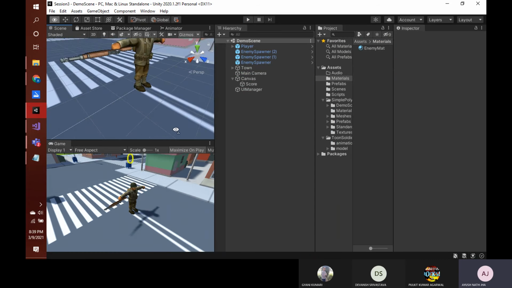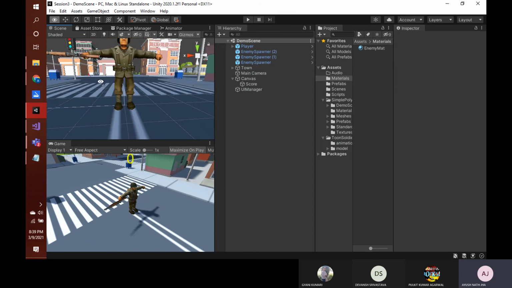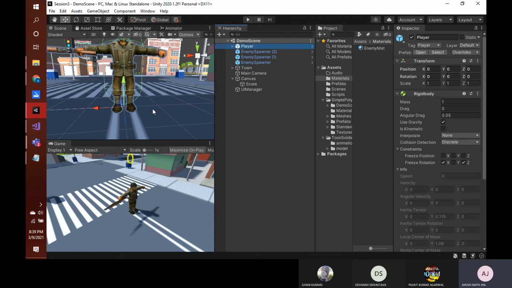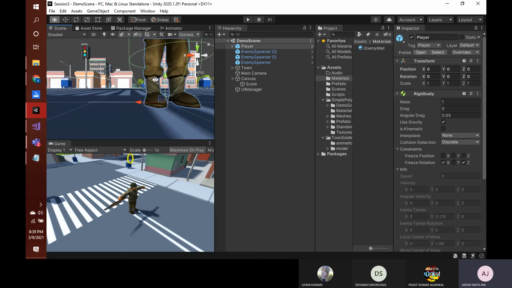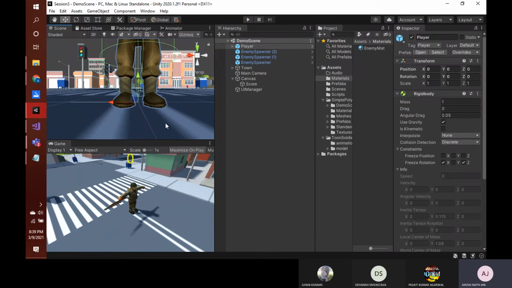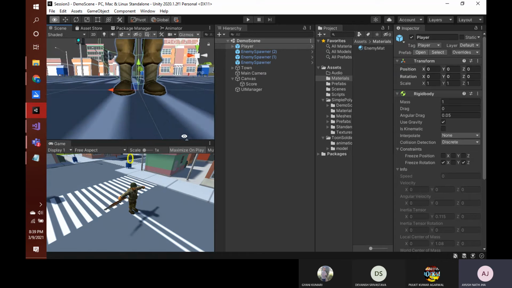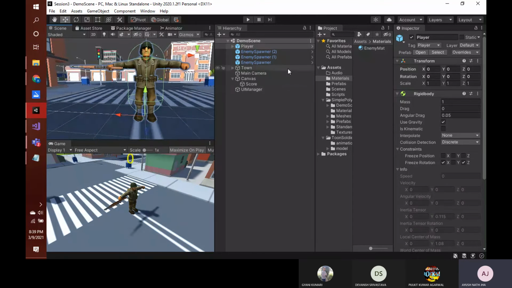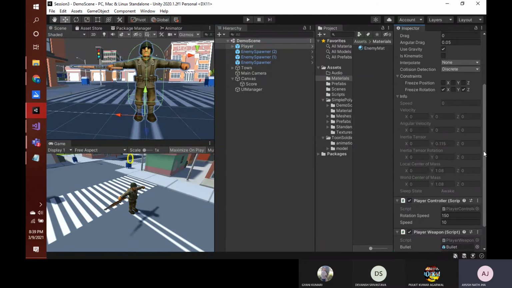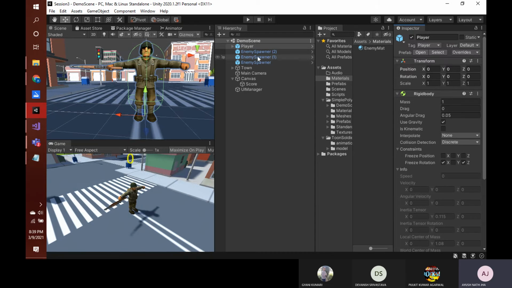Why is this below the ground? Because if you click on the player, you will see that the collider of the player isn't exactly touching the ground. It is a bit above the ground. And when the collider touches the ground, the feet will definitely be below the ground because they are not covered by the collider, right? So for that, we can simply move the collider a bit down by clicking on the player. I think the collider is on the body.